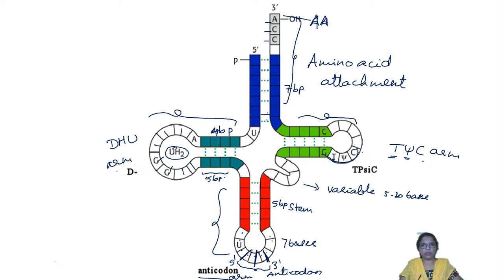And this is the structure of tRNA, which starts with the 5' end and ends with the 3' end. These arms are formed due to the looping of the primary structure of the tRNA, thereby forming the stems as well as loops. In this, the anticodon is very important, which is complementary to the codon sequence which is present on the mRNA strand. On the mRNA, codons are present.